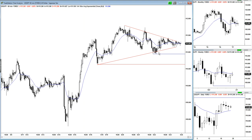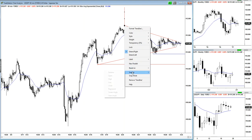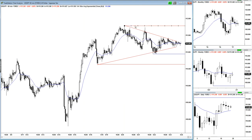really, I think this is a minor higher low. So let me put it this way. I think we will get above this high. I really do. What I don't know is,